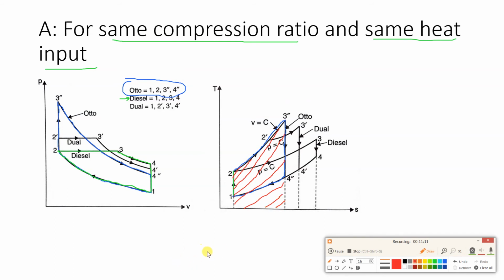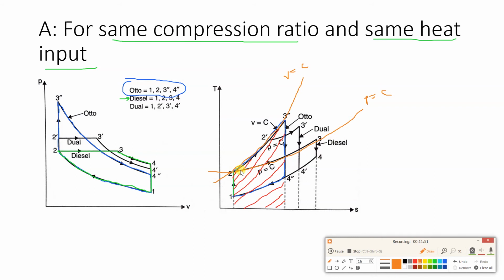Okay, now next thing you should remember is in case of Otto cycle, we have constant volume. This curve is constant volume heat addition. But in case of diesel cycle, we have constant pressure heat addition and constant volume. So this is constant volume curve, volume equal to constant. So constant pressure curve, it is having less slope. So here you can see I have drawn constant pressure curve. So this curve is pressure equal to constant curve from point 2. So from same point I am drawing constant volume curve and constant pressure curve.